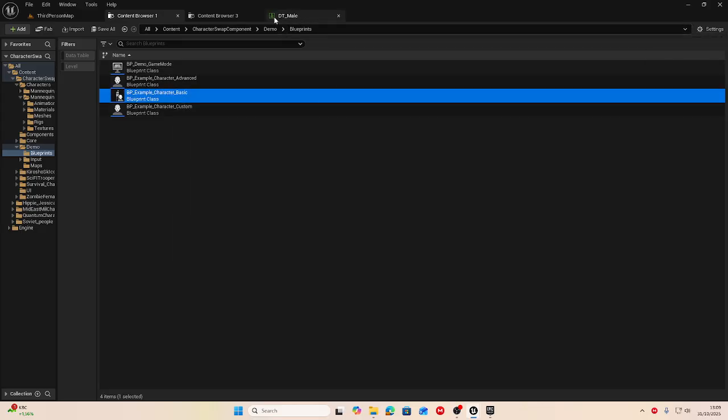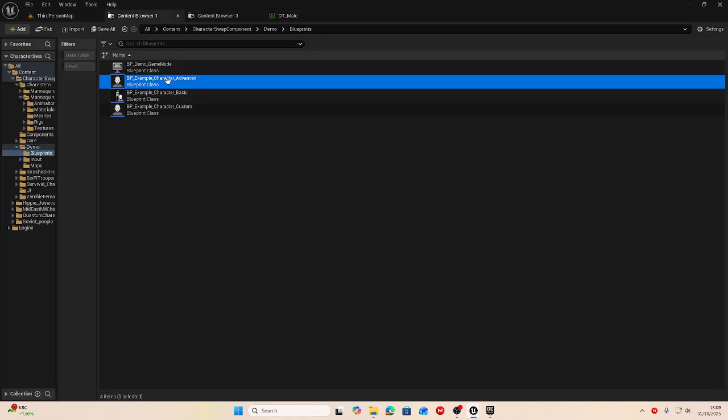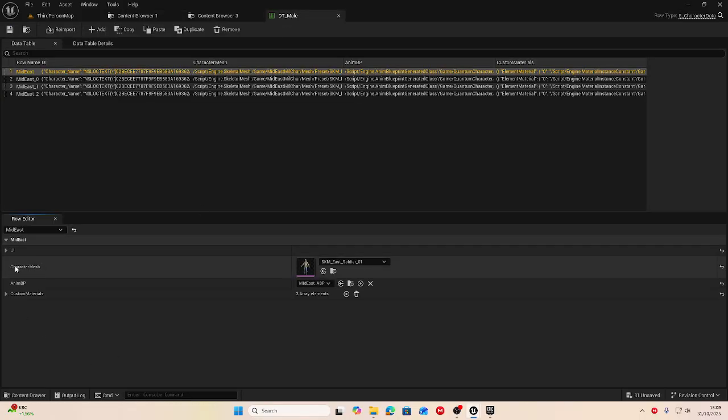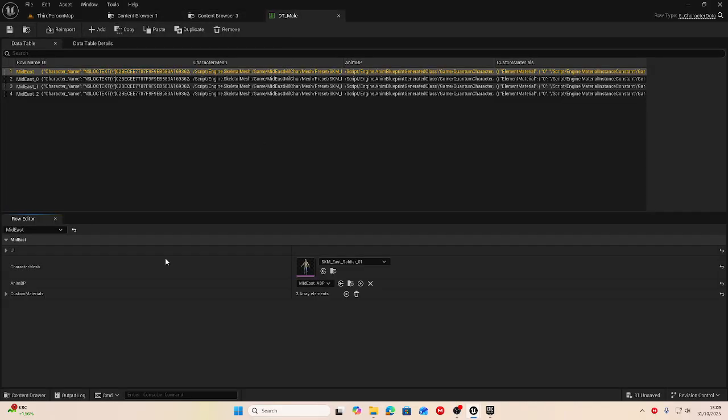So basic is only character mesh animation blueprint. Advanced is character mesh animation blueprint custom materials. And the custom is then